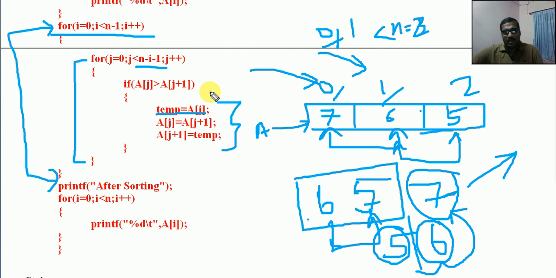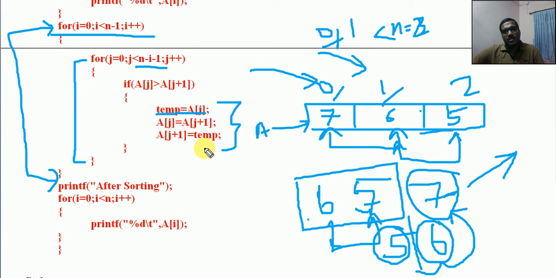If you have 5 elements available, in the first iteration everything except the last index location will be compared and swapped. Like if it is 2 up to the 1st, if it is 4 up to the 3rd, if it is 6 up to the 5th, it will have this swapping. Then in the next iteration, the inner loop will be only up to n minus i minus 1. It is very clear with this simple example.